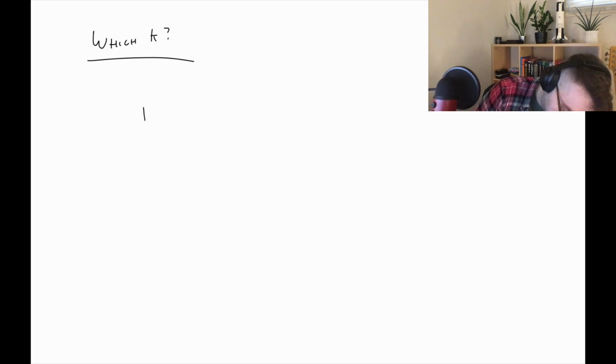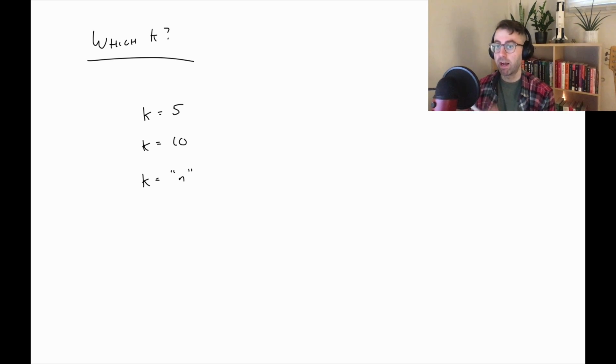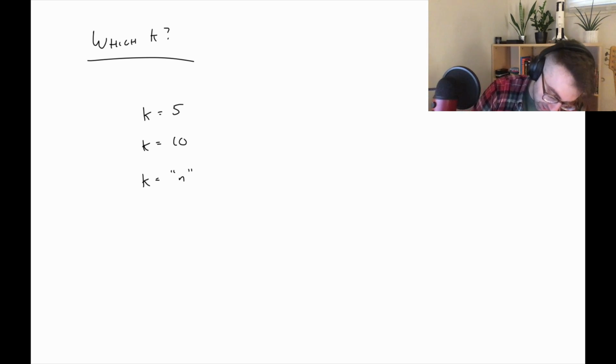So there are basically 3 very popular choices. So 5-fold cross-validation, 10-fold cross-validation, and something that we'll call, this here is what we call leave